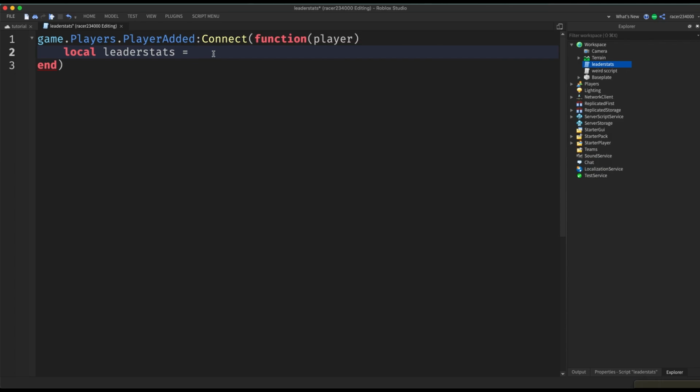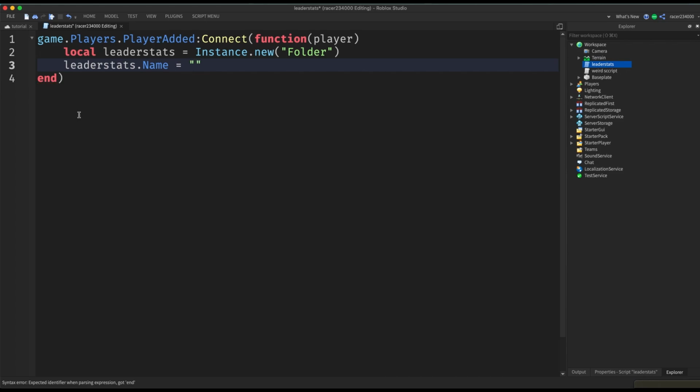Now we're going to write Instance.new. We're going to spawn a folder which will keep it in the player, and in the folder is going to be an IntValue where it's going to hold the points. So local leaderstats equals Instance.new. And in here you're going to write Folder. Next you're going to click enter and write exactly what you wrote there. Leaderstats. And now .Name